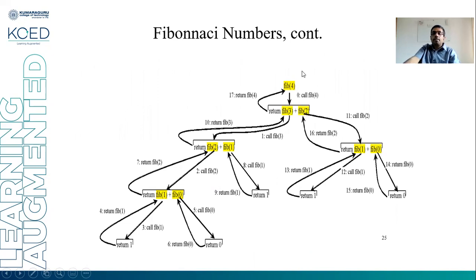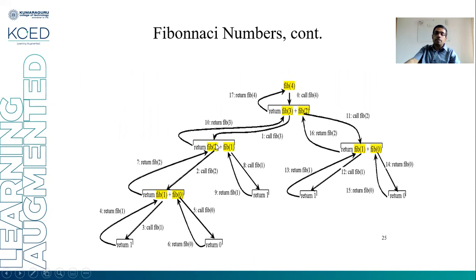To see an example, we have to check how to calculate the Fibonacci number of index 4. When it is 4, how do we calculate? We are discussing the programming logic: return fib of 3 plus fib of 2. This is the zeroth call. In the arithmetic expression, it will start from left to right, so at the plus operation, the recursive call will generate fib of 3, the call number 1. For fib of 3, the value is greater than 2, so fib of 2 plus fib of 1.